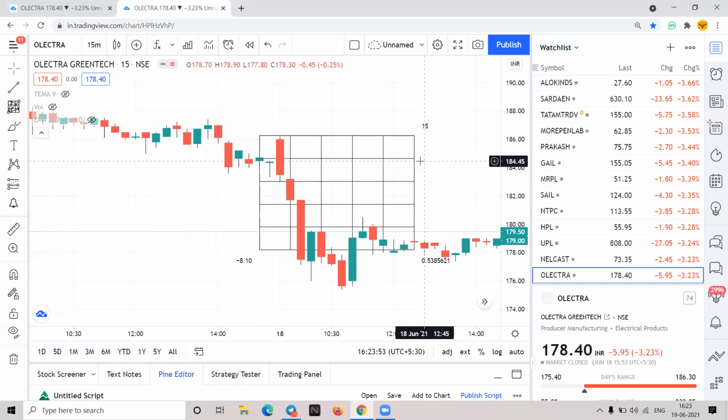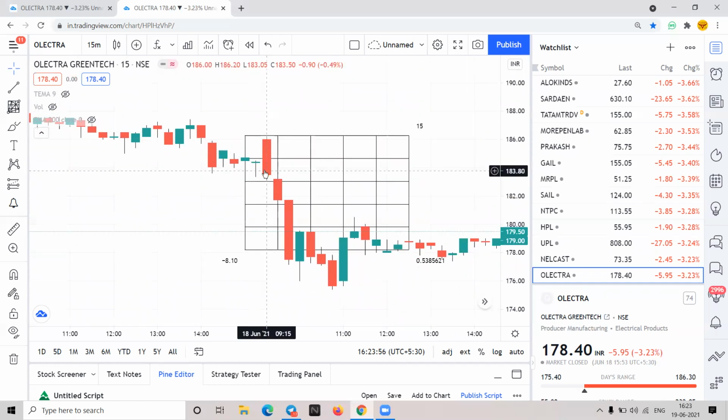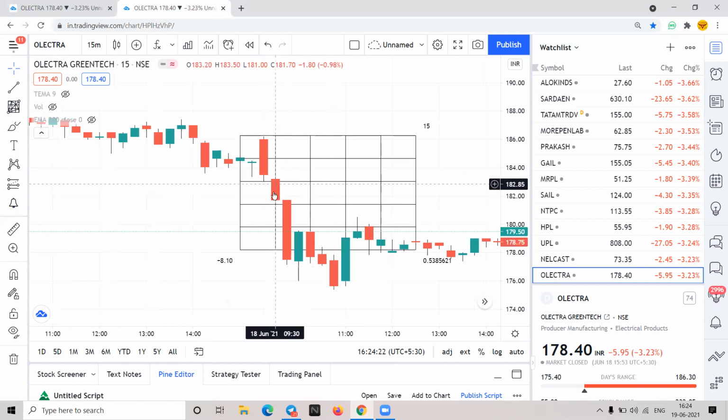So what the Gann rule says is that once you have drawn this Gann square according to the first 15 minutes candle, once the price goes below one level, it will go to the next level. For example, if the price is breaking this Gann level, it will probably reach here. If it is breaking this level, it will reach here. So if you have taken a trade here, you can understand where the price will probably go, and there you can book your profit if you want. Or once the price has broken this level also, it will probably go here, and somewhere at the high of this you can trail your stop loss.